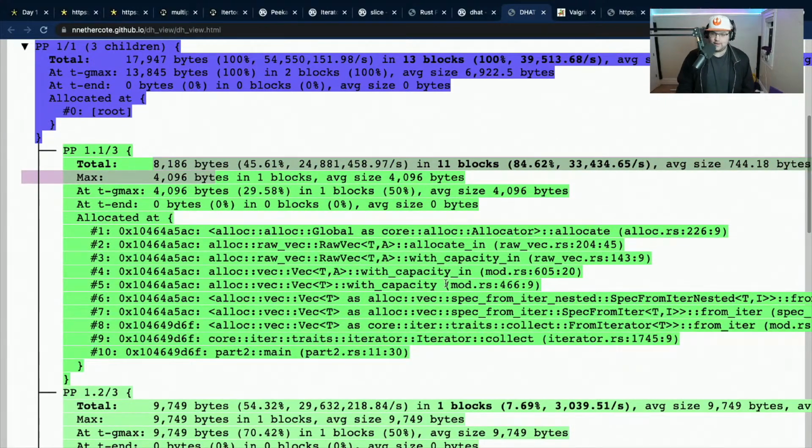And then we have 8K from the vec. And at Gmax, the vec is responsible for 4,000 bytes.